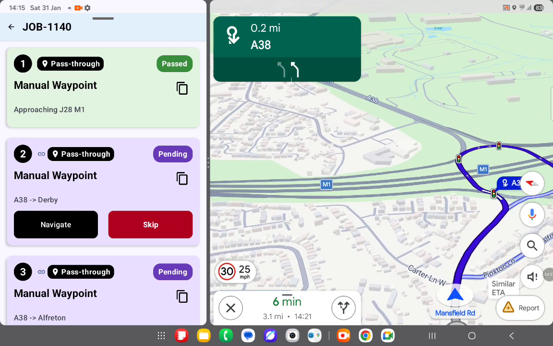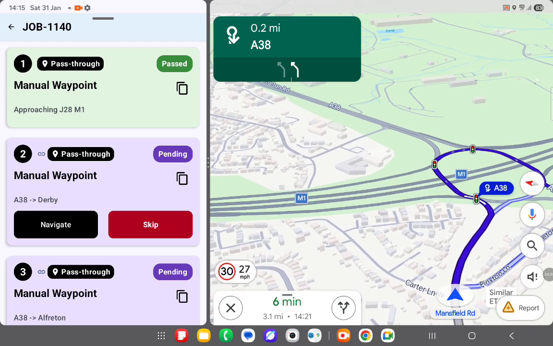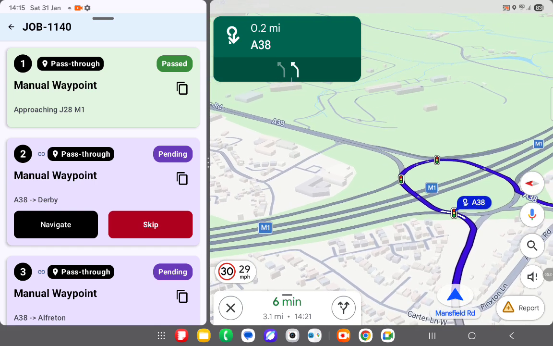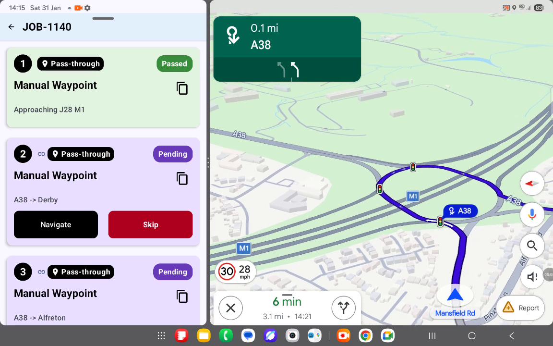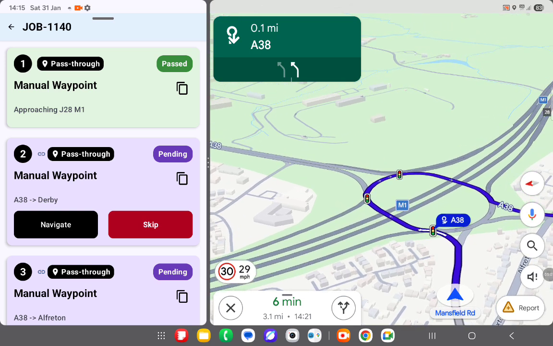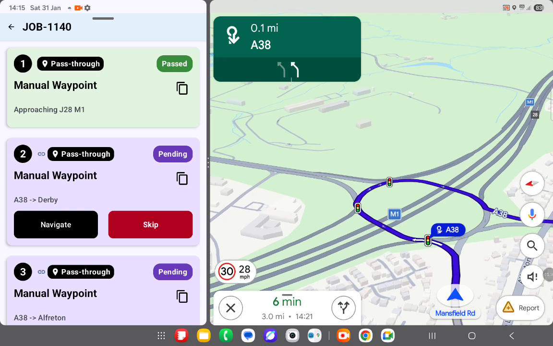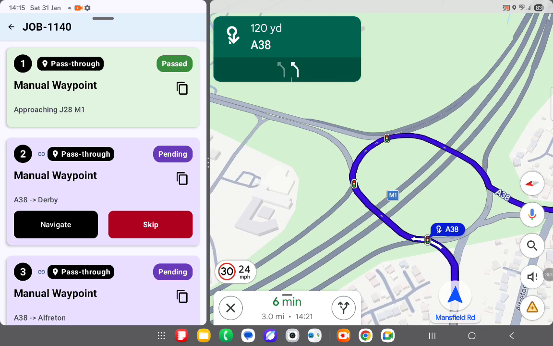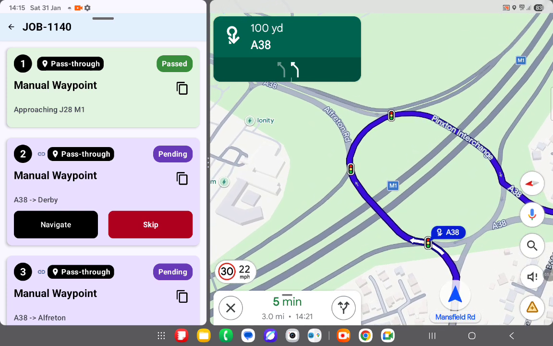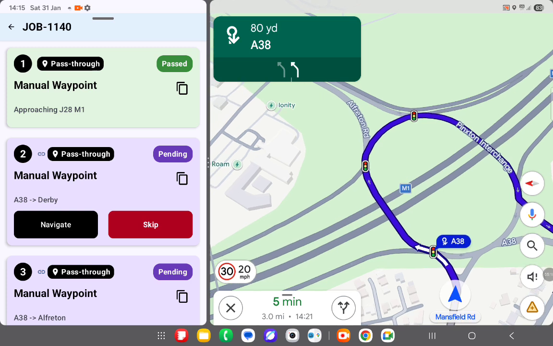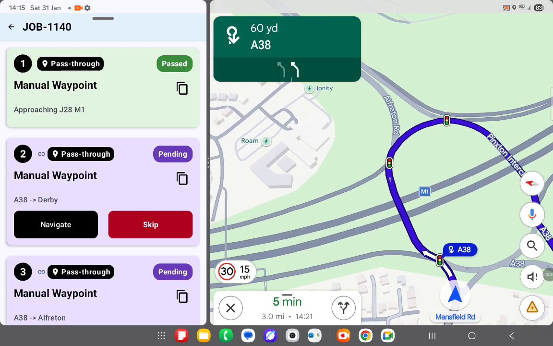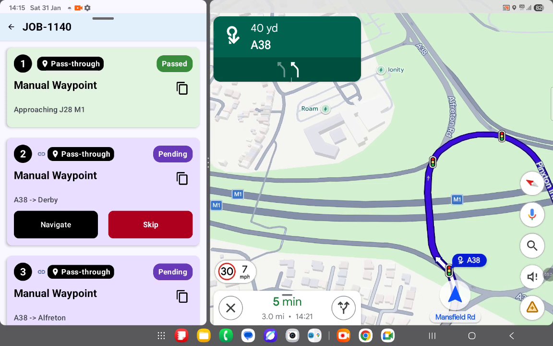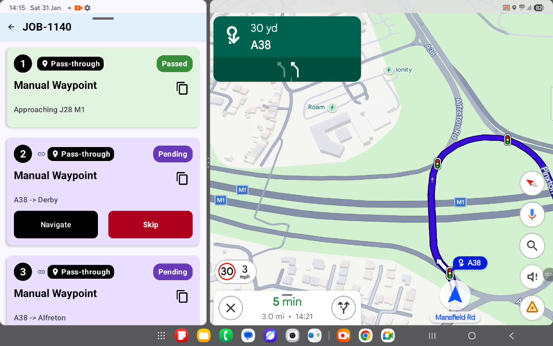So it's automatically set the next destination, which is another waypoint, and as we pass through the next waypoint we should enter the geofence. It should acknowledge that we've reached a close destination to that point, and it should move to the next one. So that's really how the waypoints work, but we are going to continue with this demonstration just so you can